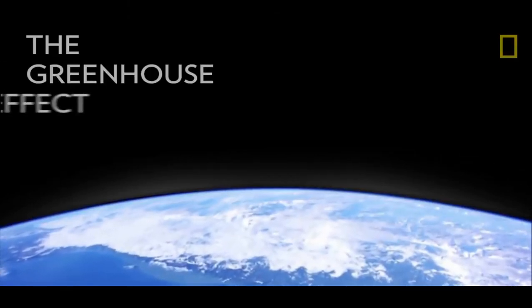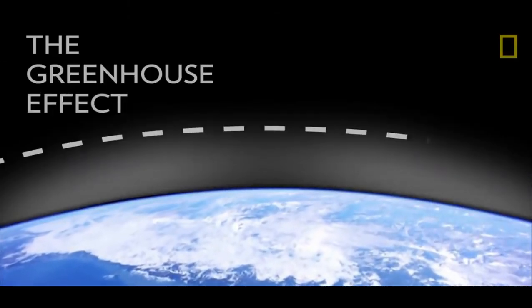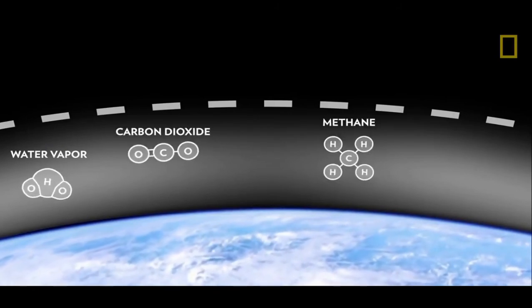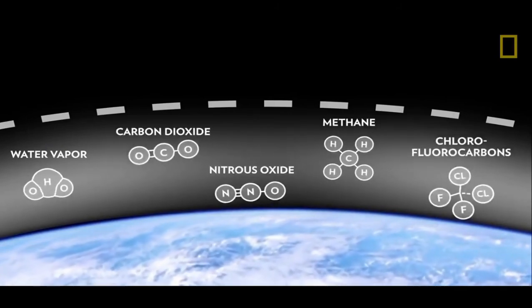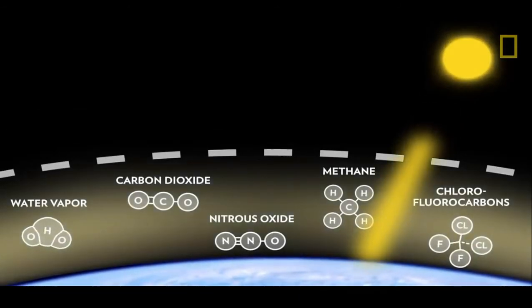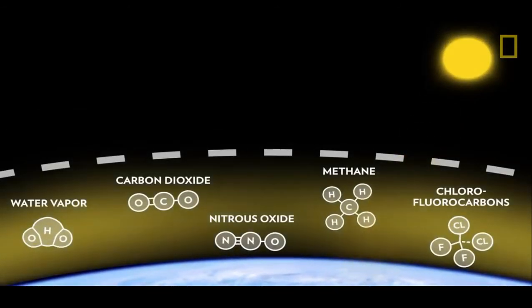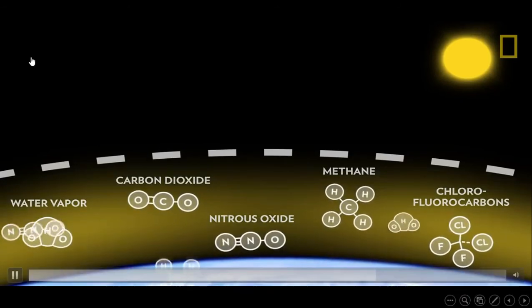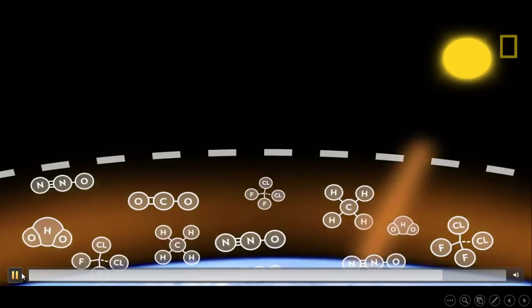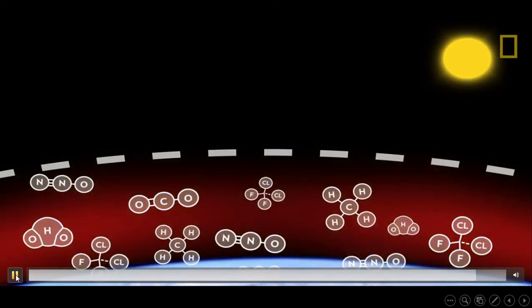The main cause is a phenomenon known as the greenhouse effect. Gases in the atmosphere, such as water vapor, carbon dioxide, methane, nitrous oxide, and chlorofluorocarbons, let the sun's light in, but keep some of the heat from escaping, like the glass walls of a greenhouse. The more greenhouse gases in the atmosphere, the more heat gets trapped, strengthening the greenhouse effect and increasing the Earth's